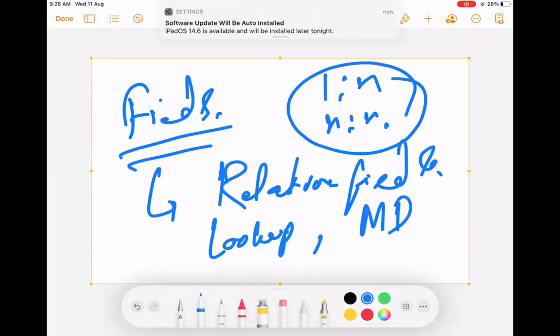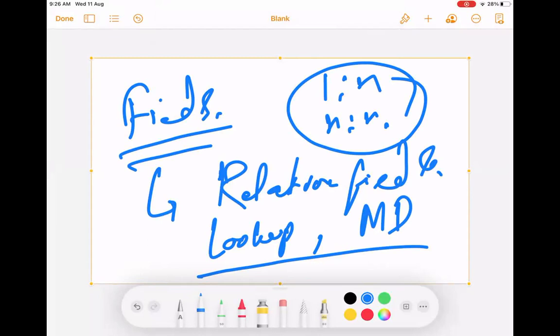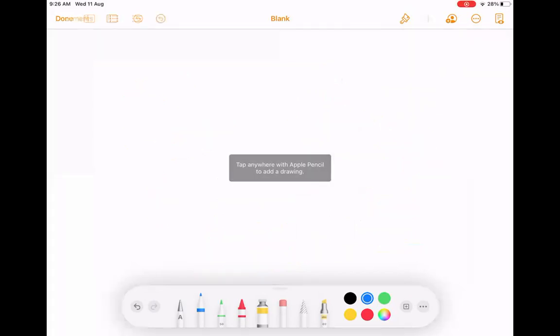There are some other forms also. I will not discuss that right now. So lookup and master detail. We'll get into the details of what is the difference between lookup and master detail later. But let's understand what are lookups and master detail. Lookup and master detail store a valid record ID, that is a 15 character or 18 character Salesforce generated ID, in